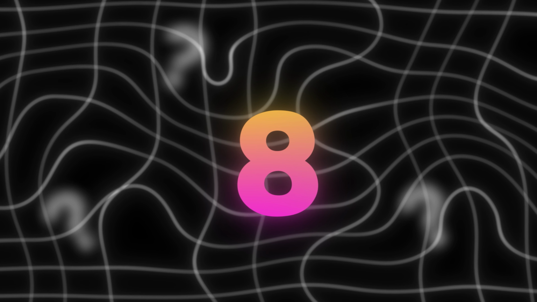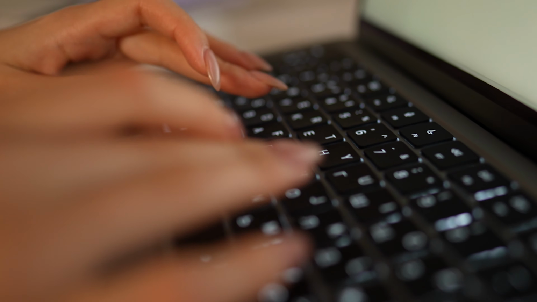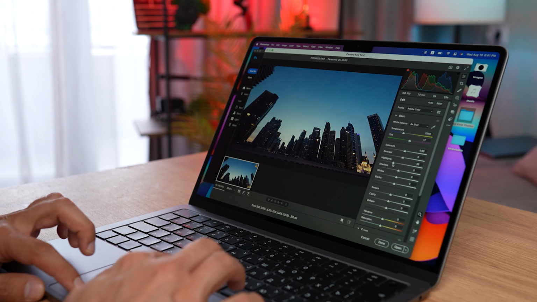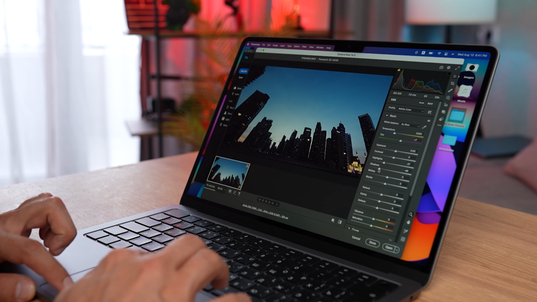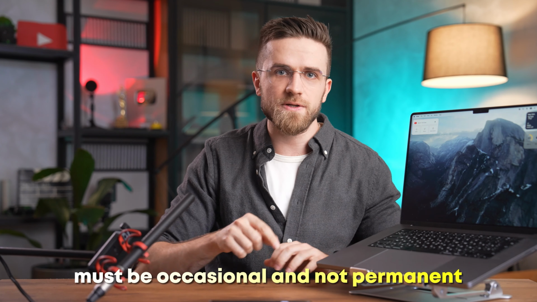Does it mean it's a good choice to go for 8 gigs? Well, if you plan on browsing the web and typing simple documents, then sure, go for it. 8 gigs will be enough for simple tasks that you do every day, even for occasional heavy workloads such as editing a bunch of photos or 4K video. But such heavy workloads must be occasional and not permanent,